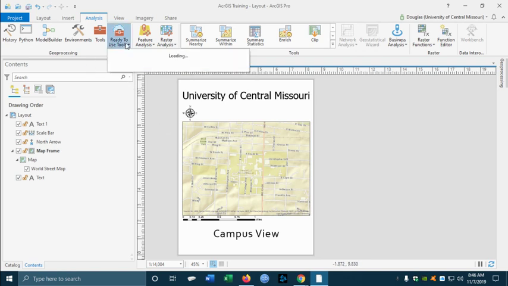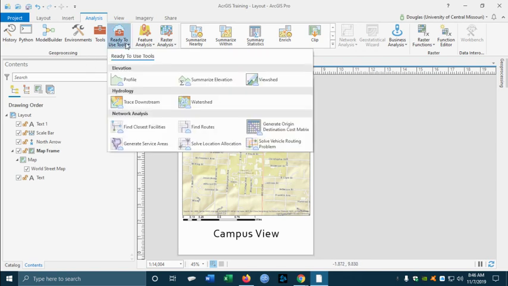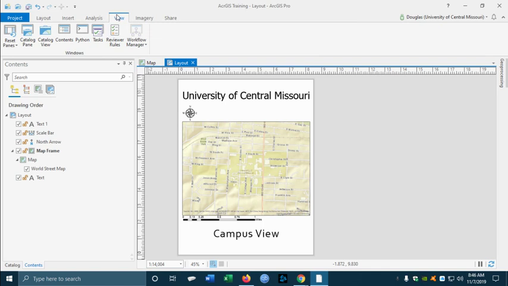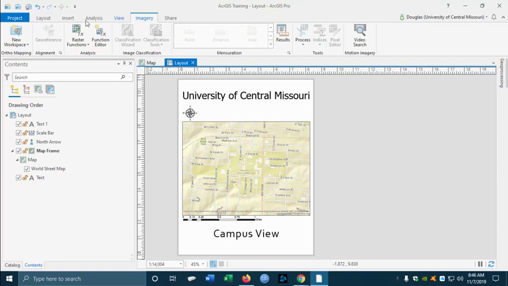There are a tremendous amount of tools for being able to do analysis. We can view in different panes. We have imagery, and then we can look at the different raster functions and view the pixels. There's a lot of different things, but the one we want to focus on in this video